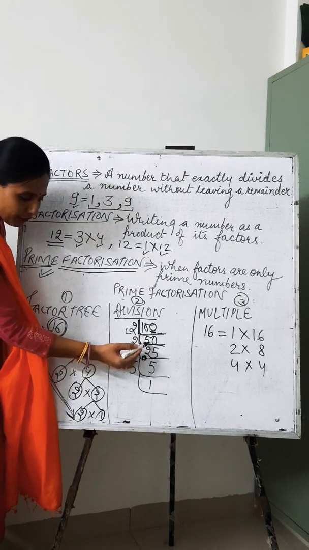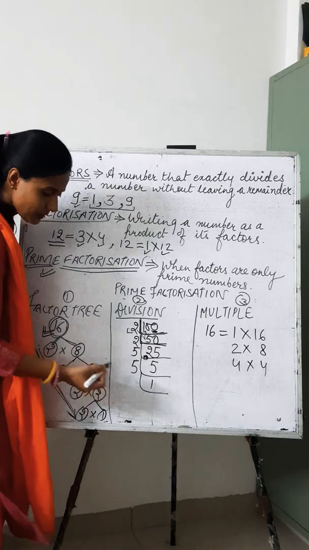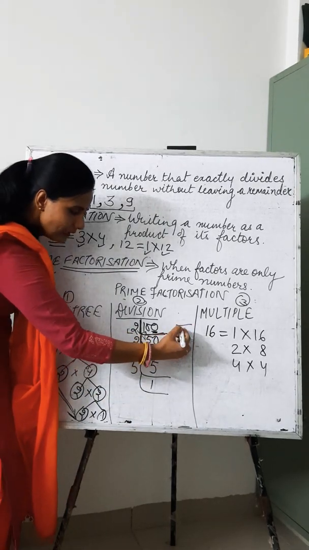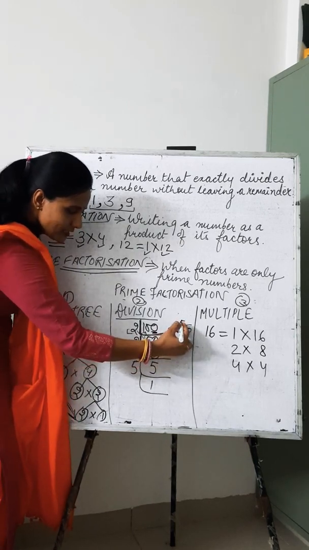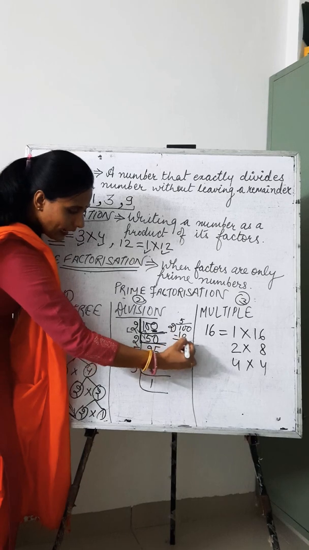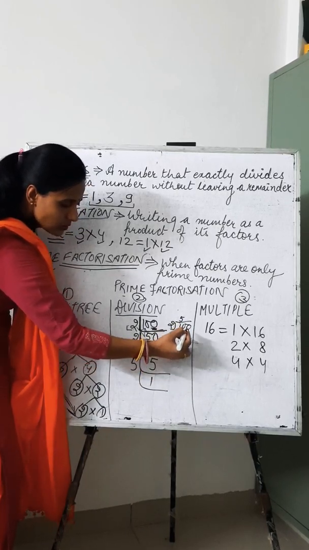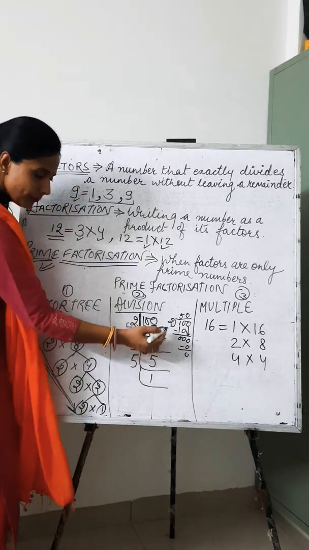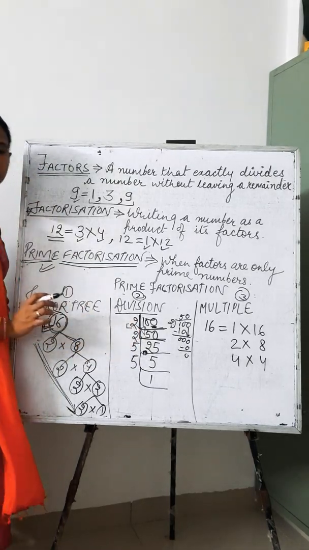So 2 50s are 100. How come? You can ask me, ma'am, how have you written 50 here? So children, you can do it on your rough page like this. 2 5s are 10, and drop down this 0, 0 over here. Now 2 zeros are 0, minus 0. So 250 times when it gets multiplied, it will give you a 100 result.